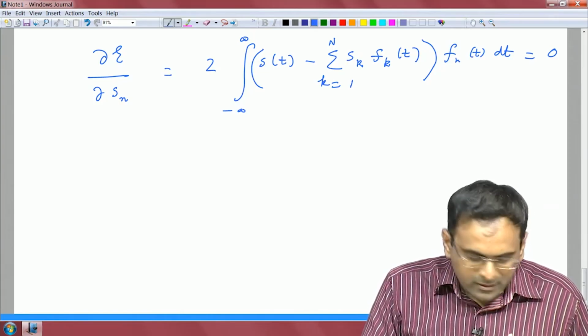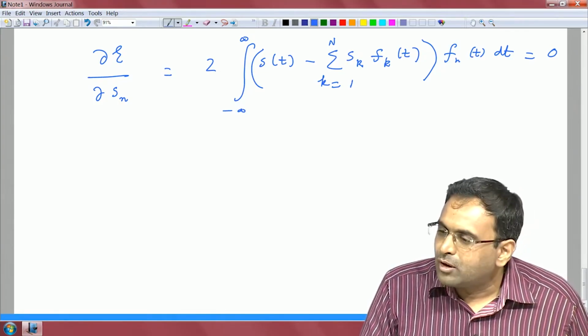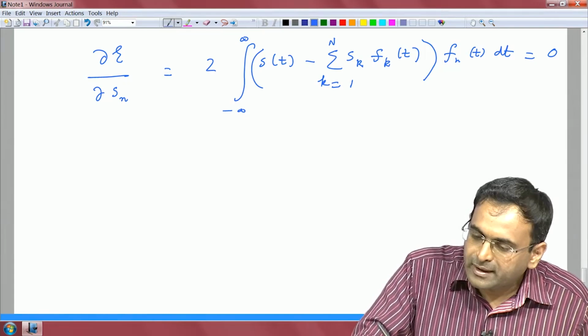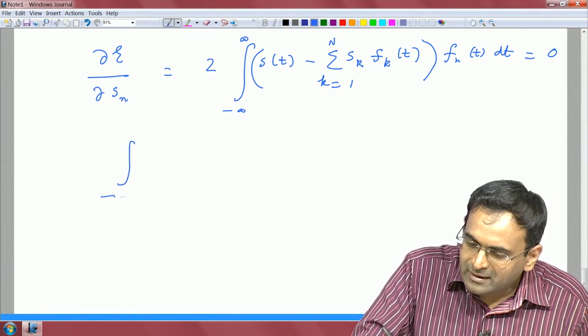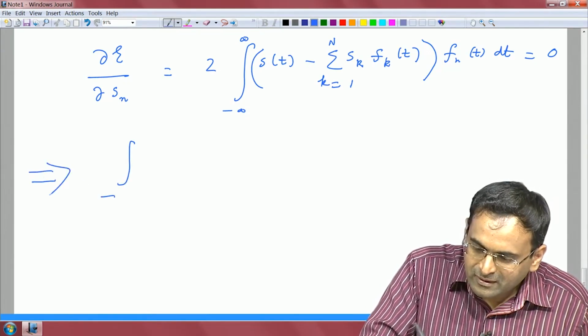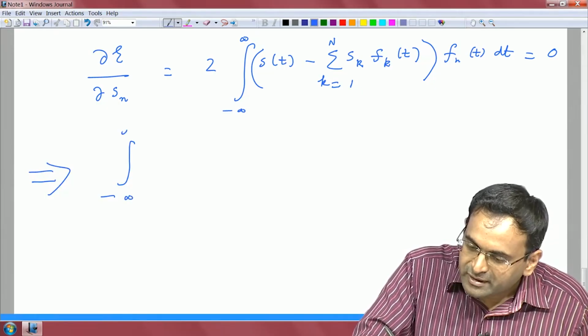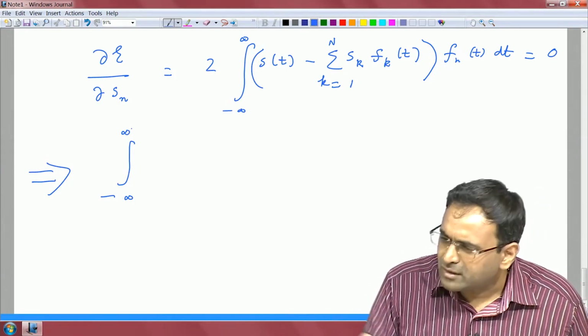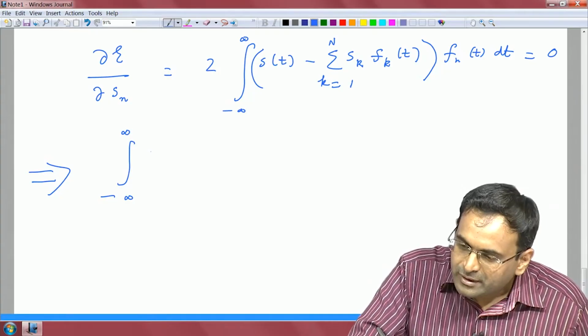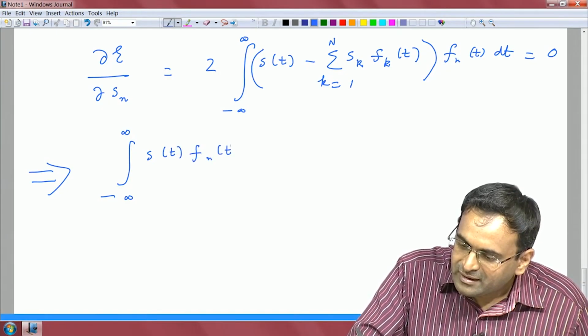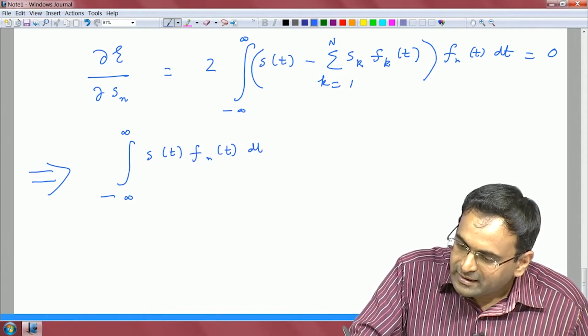Now, I get a very straightforward equation here, right. So, now the integral from minus infinity to plus infinity, the 2 will just cancel out, you do not have to worry about it. So, S of t with F n t dt